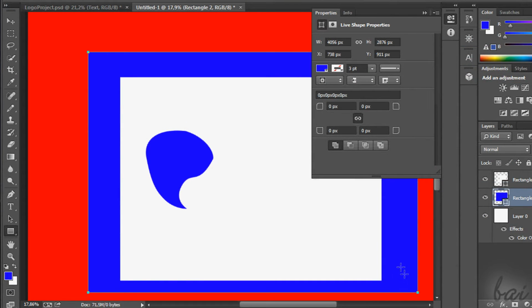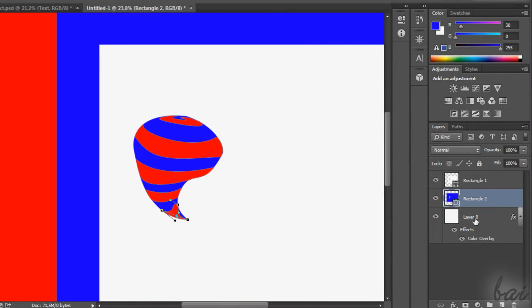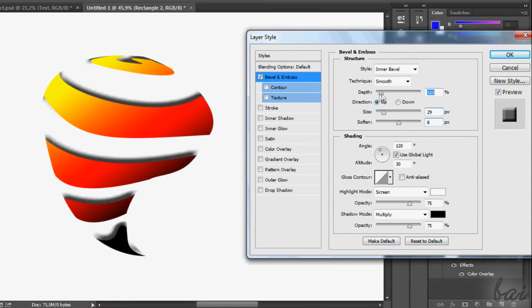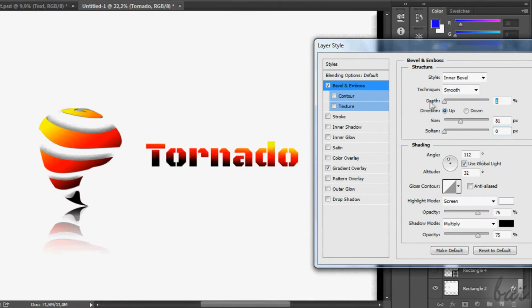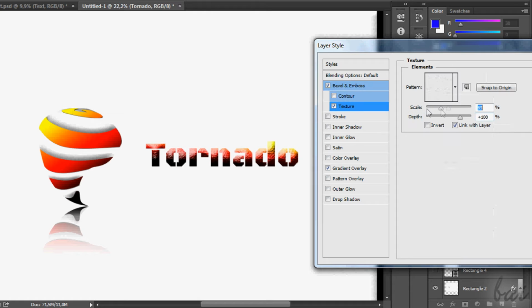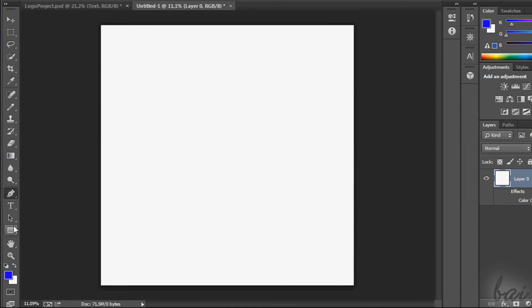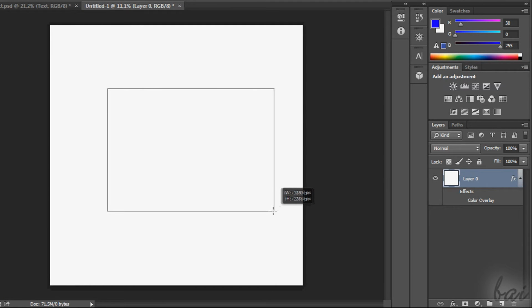The easiest way to proceed is to create the basic shape first. Then we use the pen tool to stylize it. Then we can make it better and cooler, and we can add some text later. The pen tool works on vector masks, so create a rectangle with a white filling.